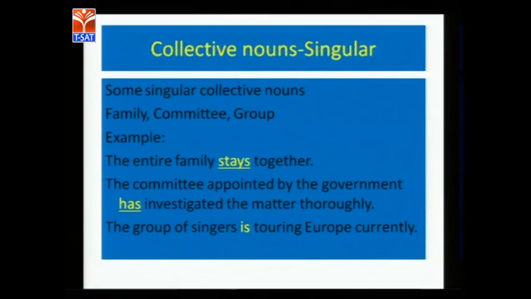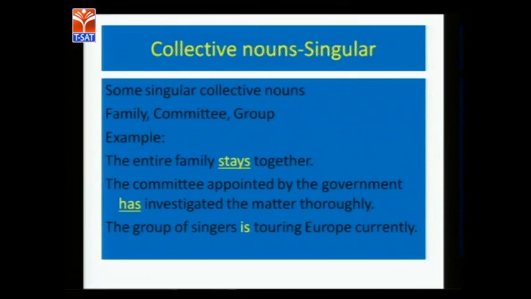We go to our native villages and cities, and then we find that in the same house, in our ancestral house, in our family house, a lot of members of our family stay together, right? Yes? But our family stays together. You understand the difference? Members of the family stay together. The family stays together, all right, because family is a singular noun. Even though there are a lot of people in that family, when you say my family is big, my family stays together, not stay together, all right.